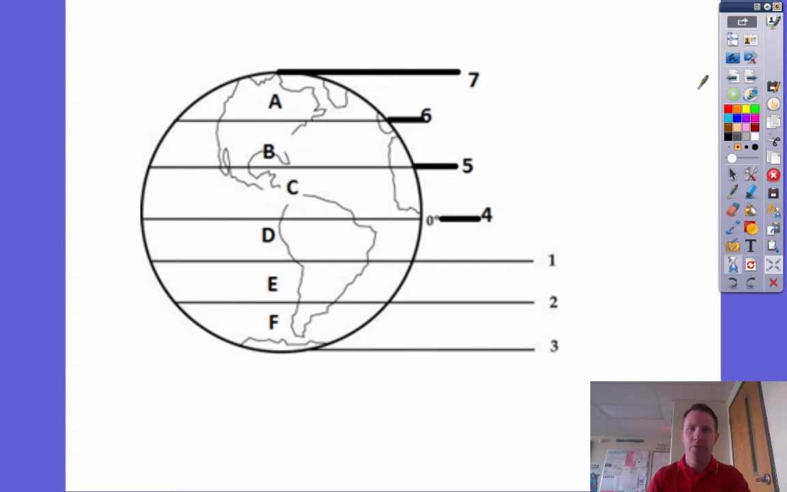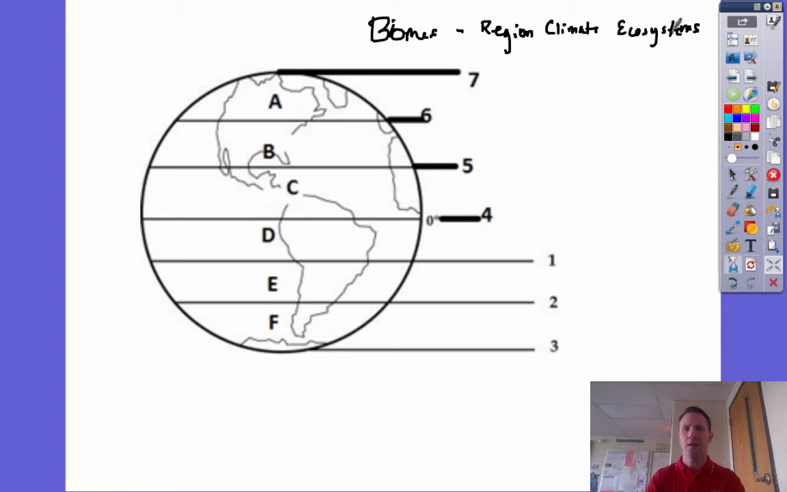Okay, the last bit of information is about ecology. So the first thing that we did with ecology is we started looking at biomes. So remember, a biome is a region with a specific climate and specific ecosystems. And I'll cover those words in a second. Okay, but it's a specific area on the globe that has a certain climate and has certain ecosystems that all